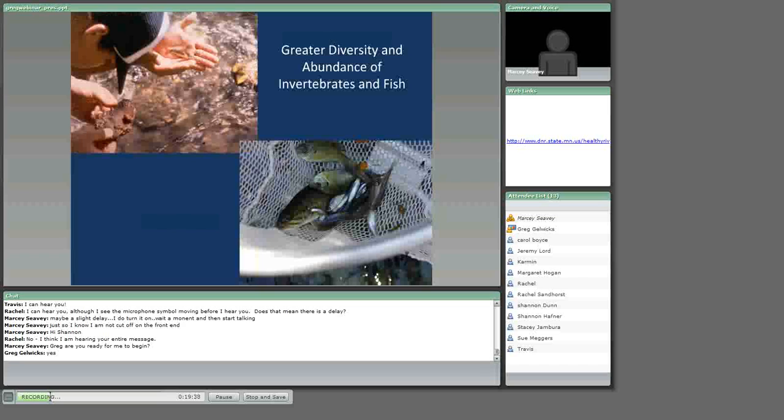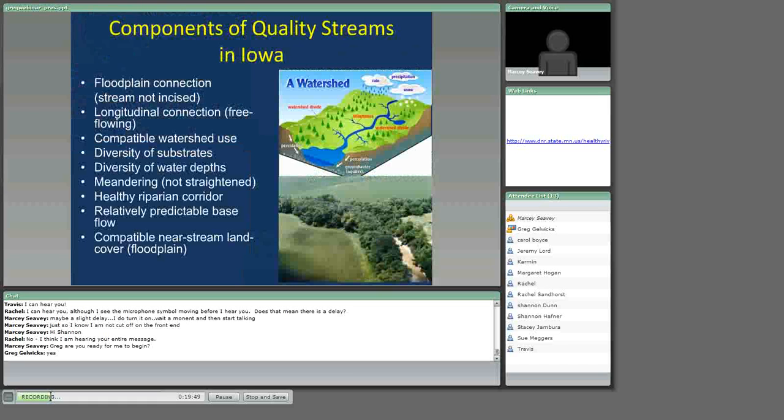And having more diverse habitats and higher quality habitats in stream leads to a greater diversity and abundance of invertebrates and fish in the stream. And just to kind of recap, components of quality streams in Iowa. A quality stream in Iowa would have good connection with its floodplain,